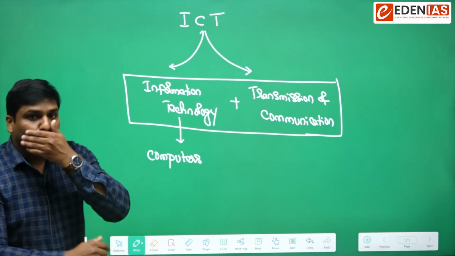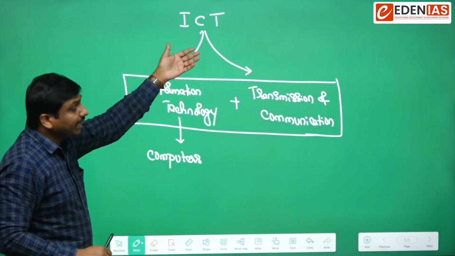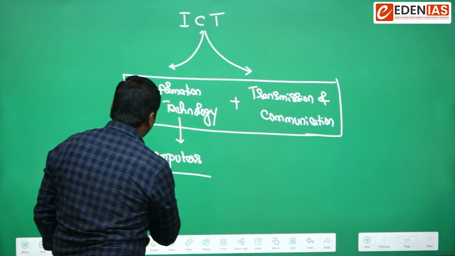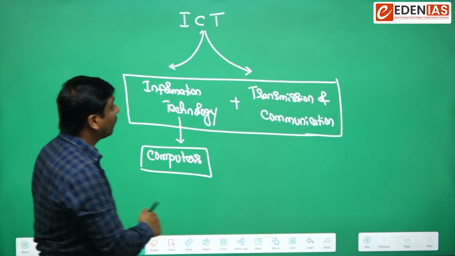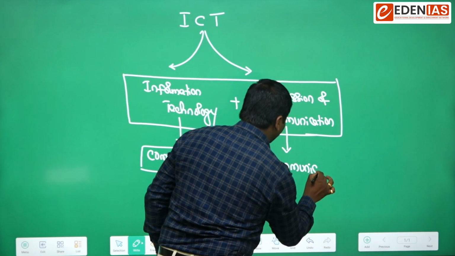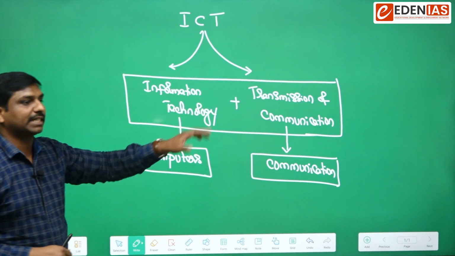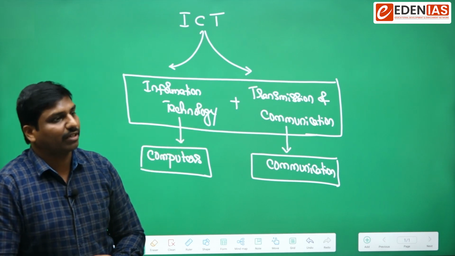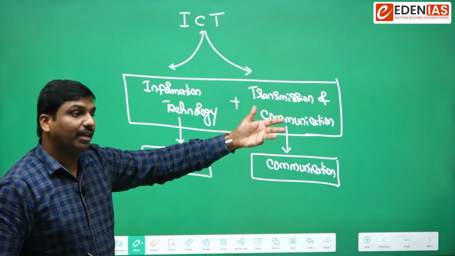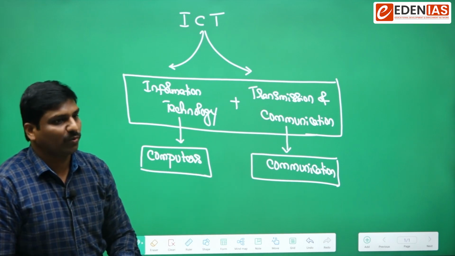Here we have to understand various things related to ICT, information communication technology. One of the important tools is computers. From here, we have to pick the important theme of communication. Whatever we look at from these two aspects would be the subject matter of information communication technology. If you understand this, it will be very easy to understand the scope of the subject, and why we are reading all these things.